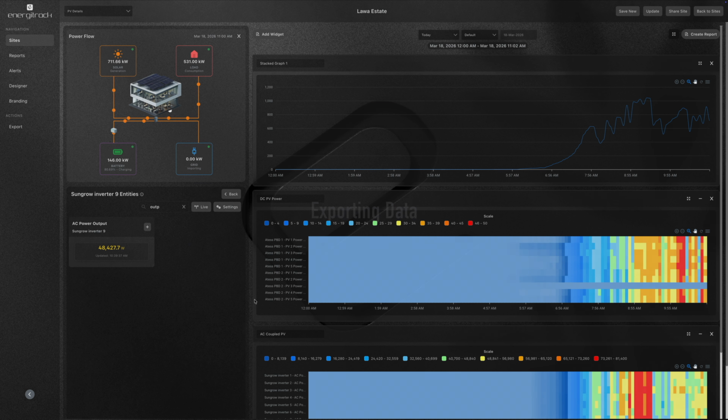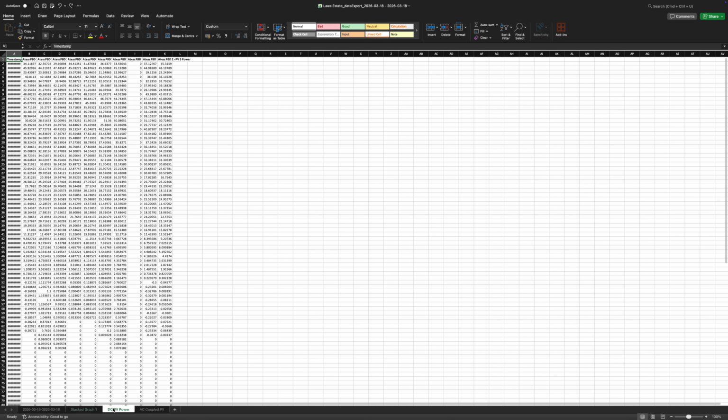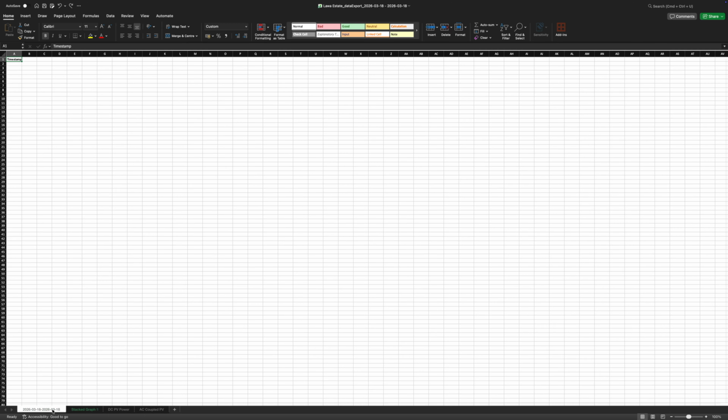Everything visible on the dashboard can be exported by clicking the Export button on the left. Each stacked widget, such as heat maps, graphs, and bar graphs, will have its own tab in the export file for easier comparison. All standard graphs are grouped together on the first tab. To make the most of this feature,